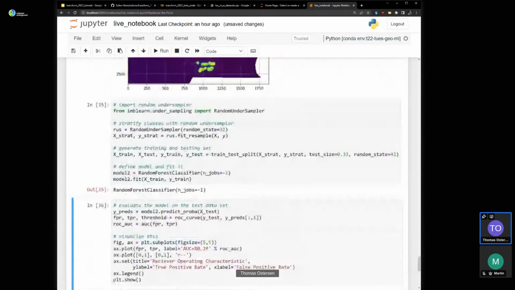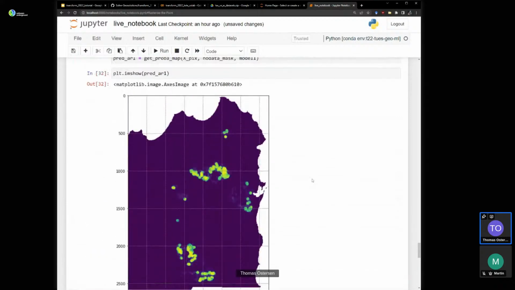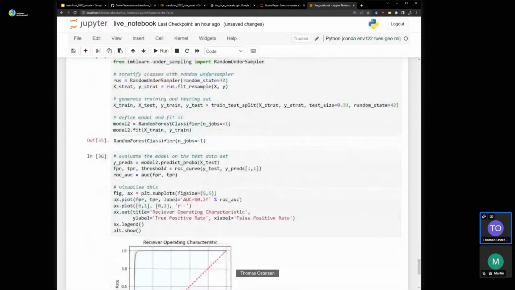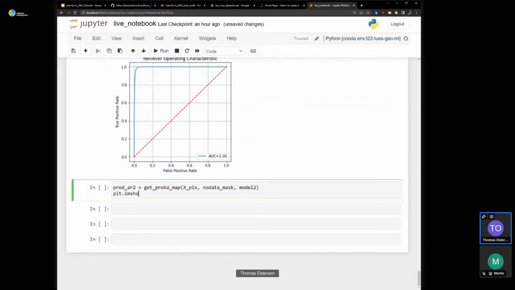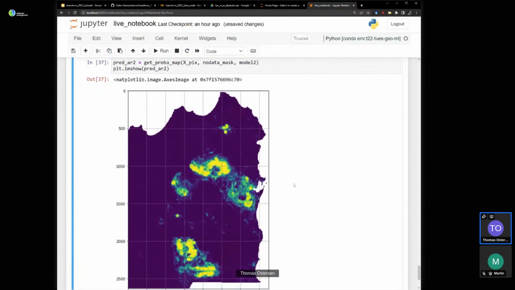What does the probability map look like? Let me just copy that code to predict. Sorry about all the scrolling. Okay, predict array 2, model 2, imshow the result array 2. Okay, that's given us a different result.